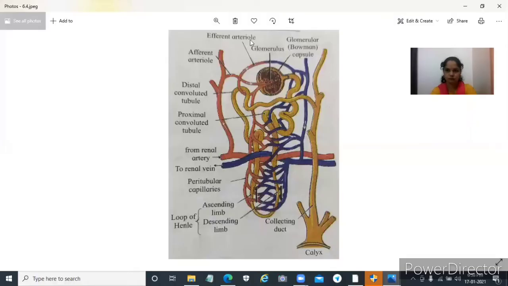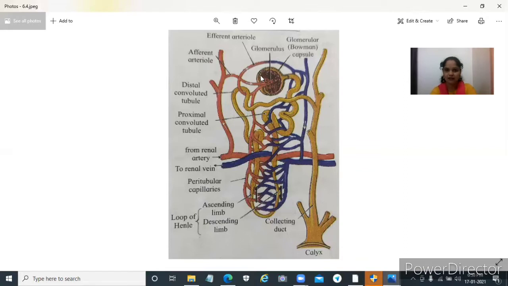It's the peritubular capillary network structure. Here is the renal artery which enters the kidney. Then it reaches each and every part of the kidney, that's the cortex region as well as the medulla region. So in a cortical nephron, look at this. The tributary of the renal artery, which enters the Bowman's capsule, is the afferent arteriole.